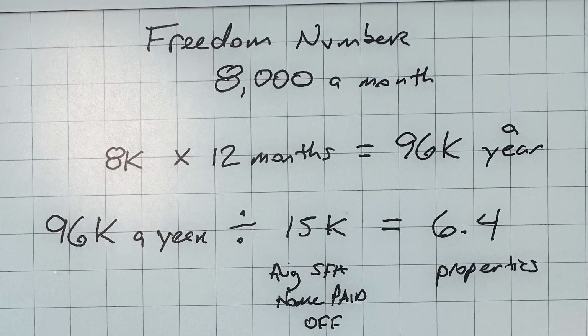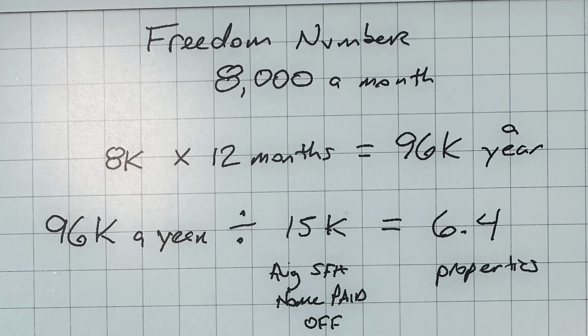Mine was about $12,000 a month for me to achieve financial freedom so that I had all my expenses paid, my family would be taken care of, I could go on a vacation once a year if I wanted to, and all of those things would be taken care of. In this example that I'm about to show you, this is one of our clients. I'm not going to name names, but this is one of our clients that used a freedom number cheat sheet and has $8,000 a month as their target number. $8,000 a month is their target financial freedom number where they could live financially free for the rest of their life if they had this type of cash flow coming in every month that would cover their bills and expenses and way of life. Okay, so let's go through this example.